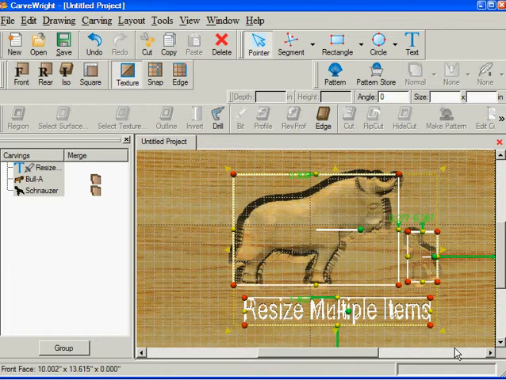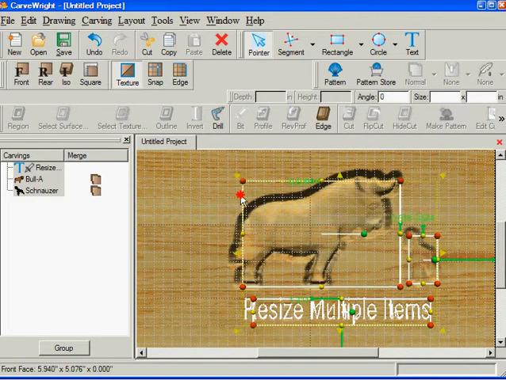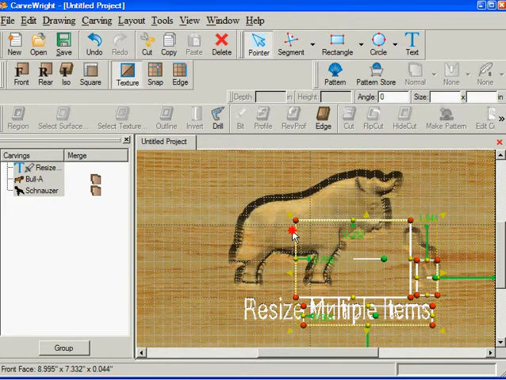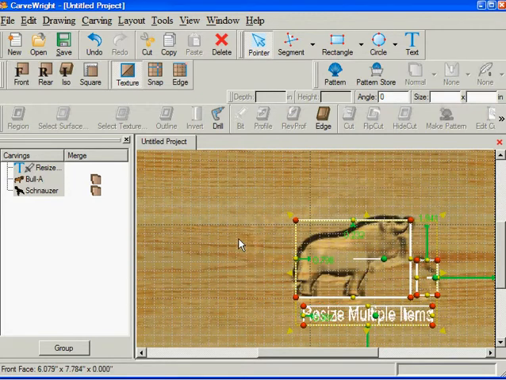I am not going to move this side or the bottom. I'm going to come up to one of these arrows on the corner up here at the top, and I'm going to hold down my mouse button and just draw in or out,